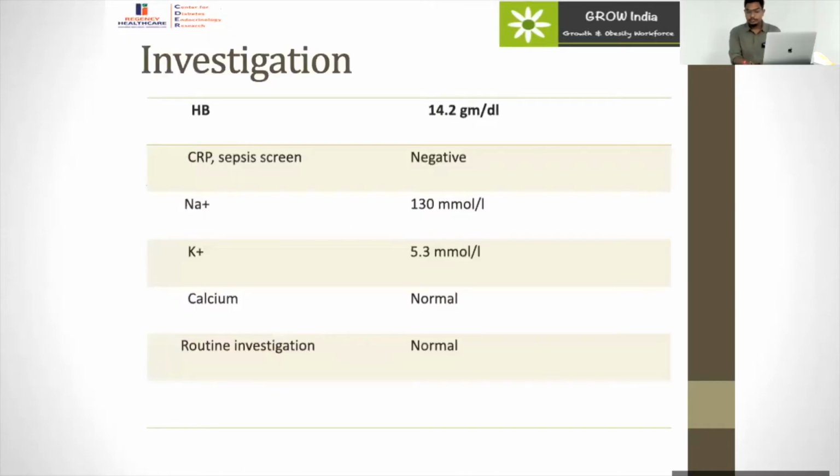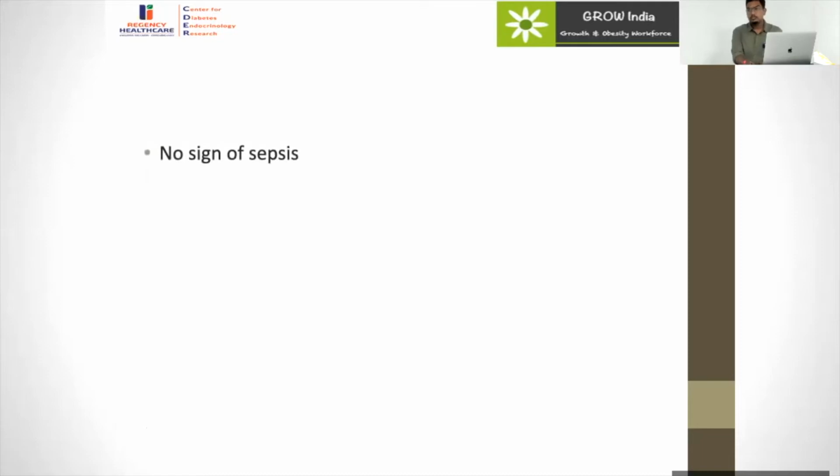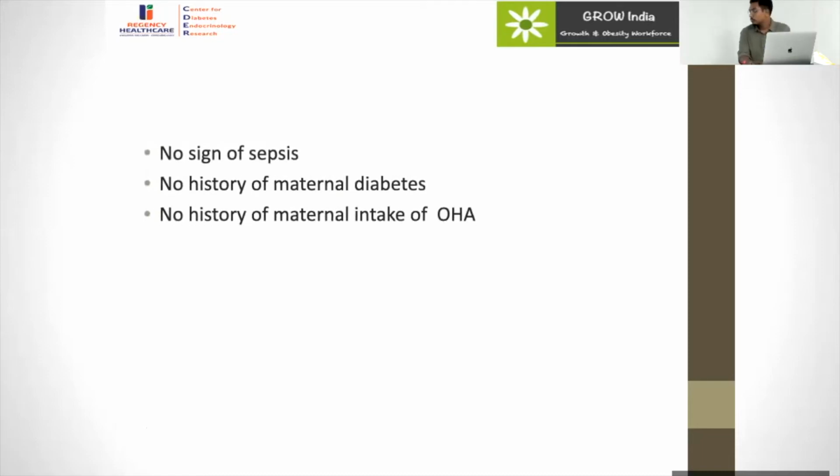Just hold on. So you have a case with onset of hypoglycemia at 8 days, with micropenis as your major finding, and SGA. These are the main things. So what are you going to think of? Sir, because this patient presented on the 8th day of life with no significant intrapartum or peripartum history,